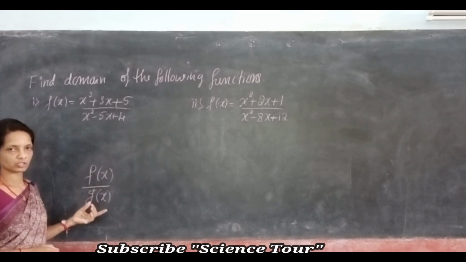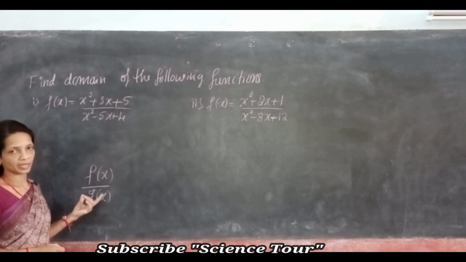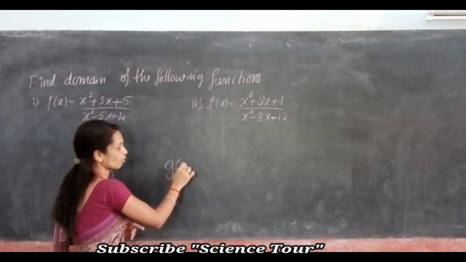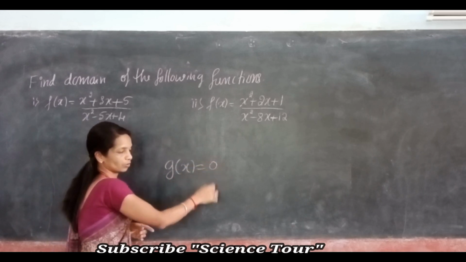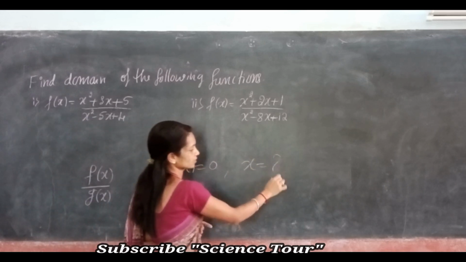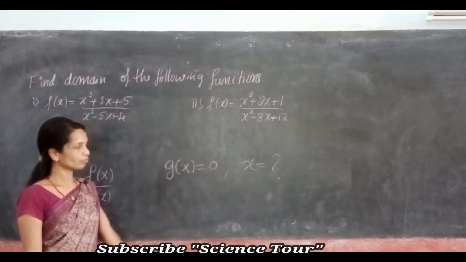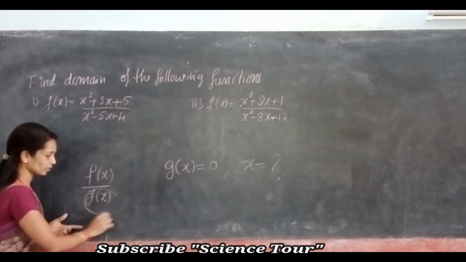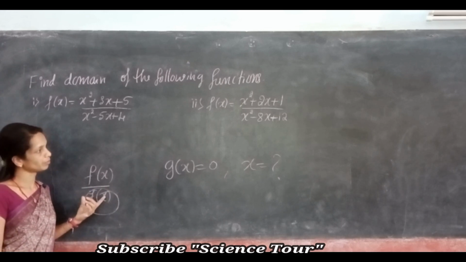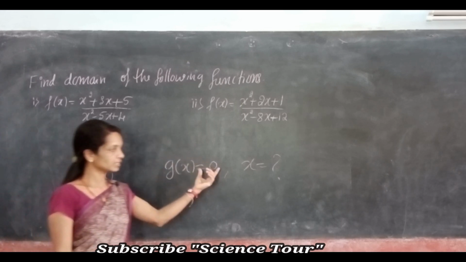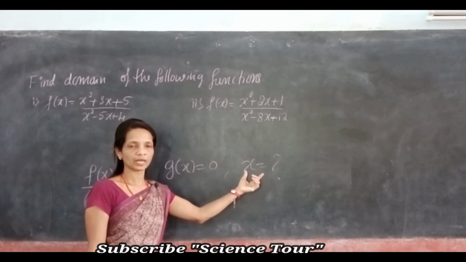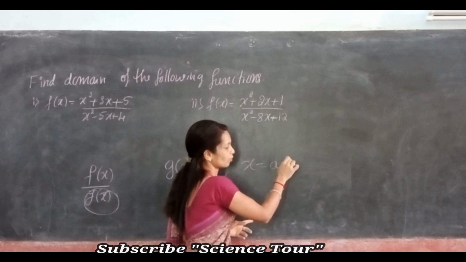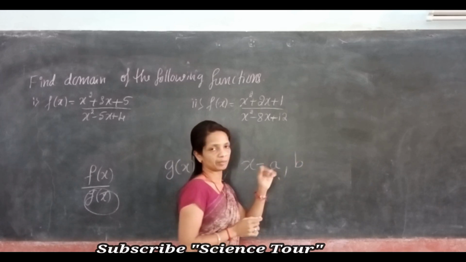Suppose you are asked for the domain of a rational function, then you first have to find for which values of x g of x is equal to 0, okay. What is g of x? G of x is the denominator polynomial. So you have to find for which values of x the denominator is 0. For example, suppose g of x is 0 for real numbers a and b, then